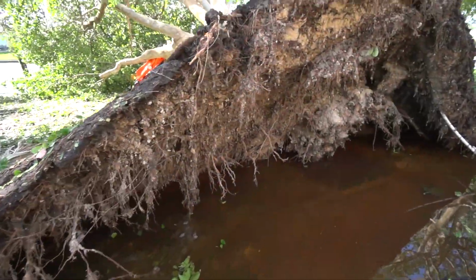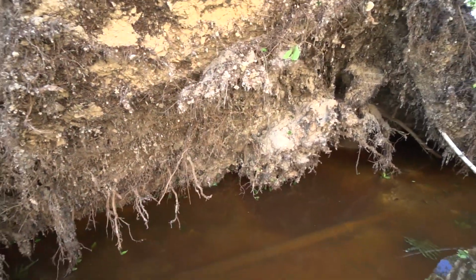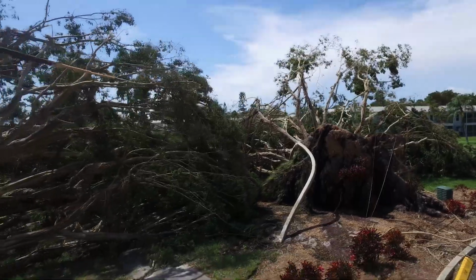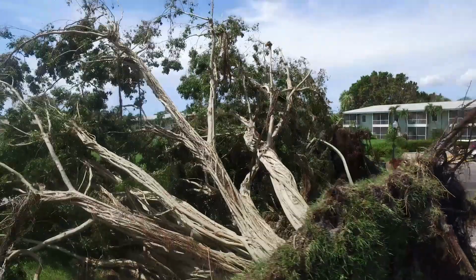You should also know that if you look at the trees as they're peeled up, you only see roots in about the top 12 inches of soil. So that's really the extent of the root system. 95% of all trees' roots are contained within the top 12 inches. There's a myth that people think there's a large, massive taproot that goes deep into the earth. That's really not the case. Those taproots that develop in small seedlings quickly atrophy,